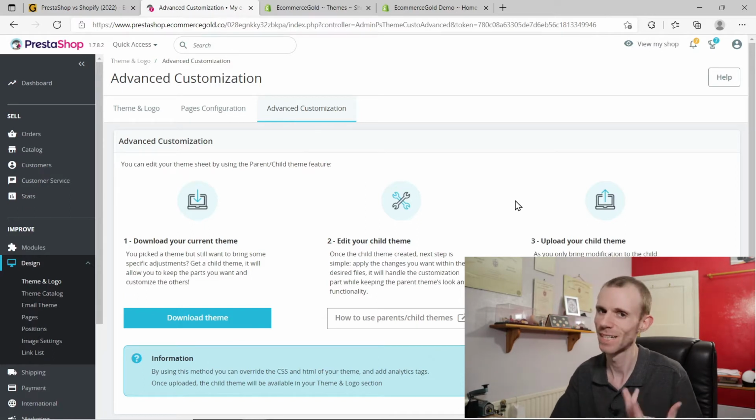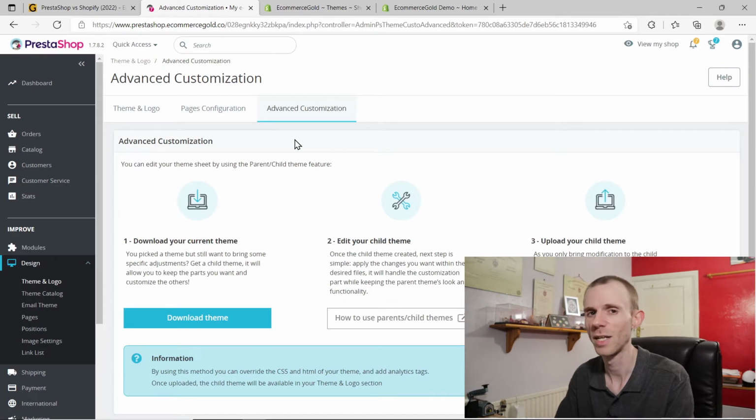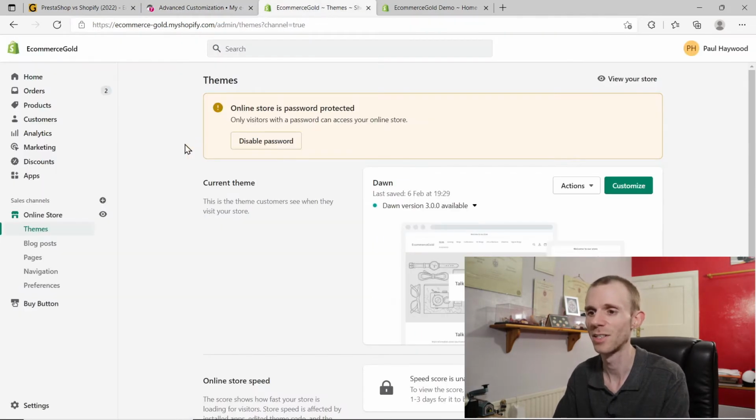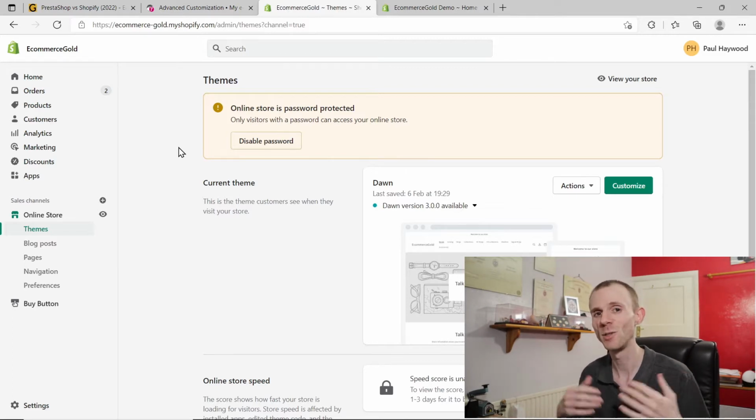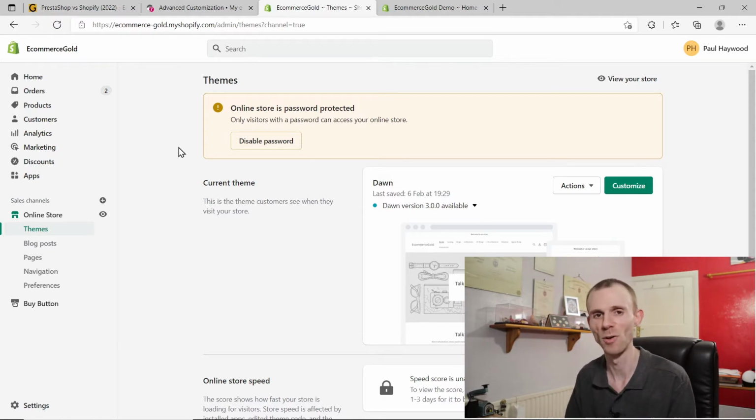So it's not really an advanced customizer in that sense to me. But what does Shopify offer when it comes to theme selection and customization? Well, in November 2021, Shopify rolled out their OS 2.0, which included a new set of themes and a new customizer that really did change the game for Shopify and really brought it into the modern era when it comes